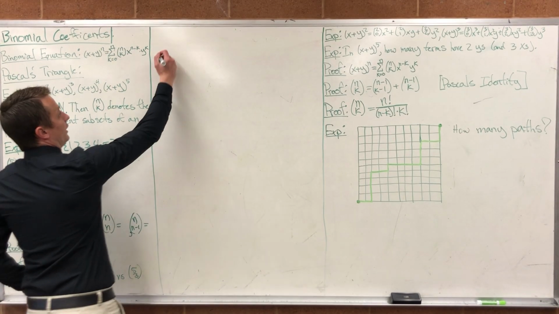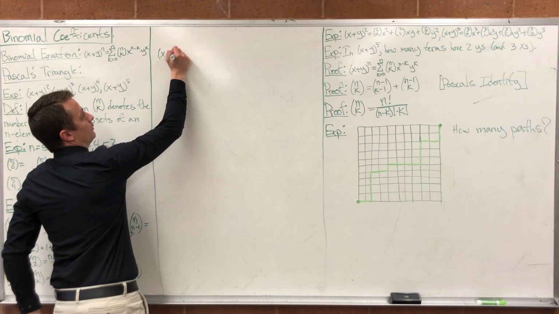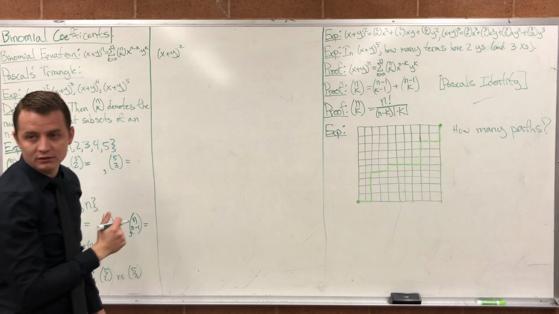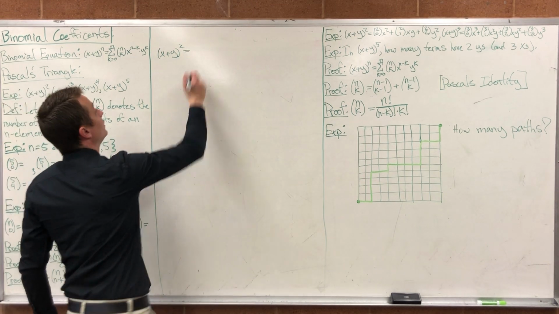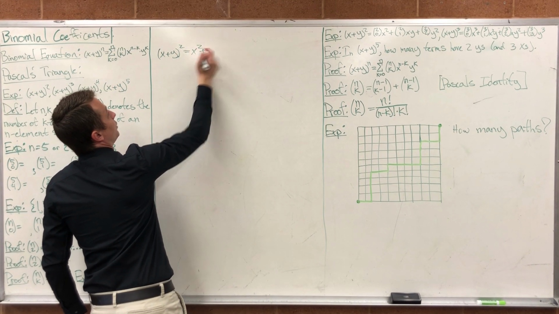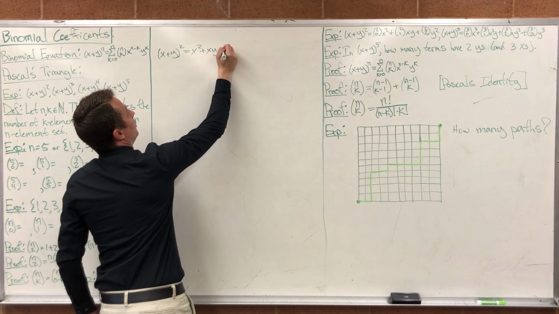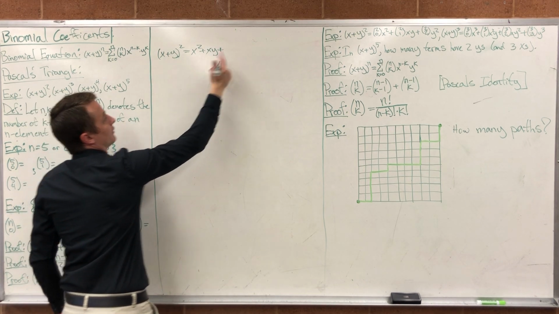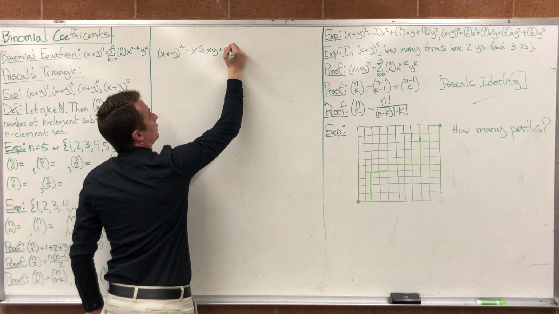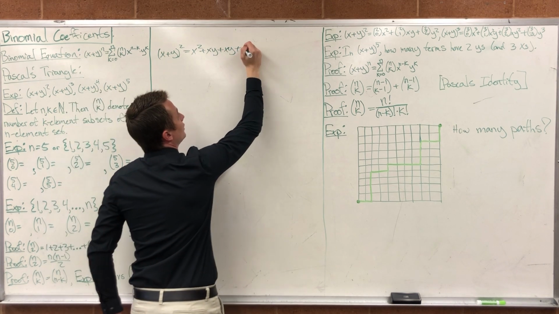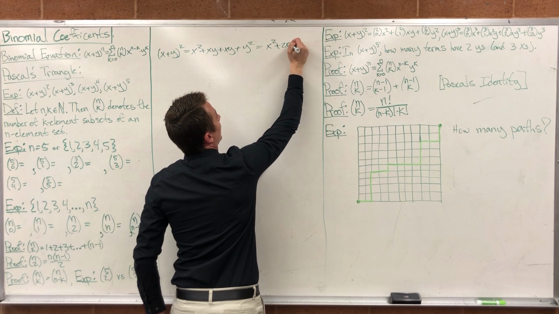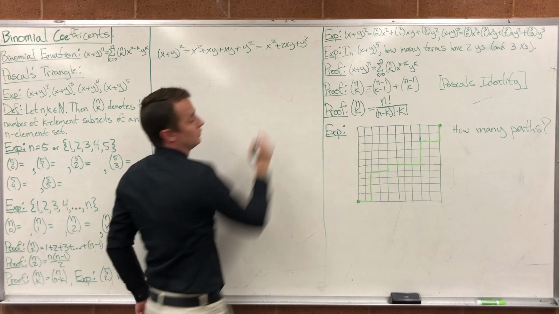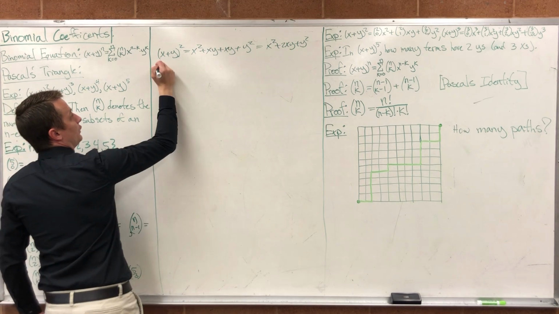You have to do something like figure out what x plus y squared is, right? And what is it? x squared plus 2xy. So you have x squared plus xy plus, you can think about yx, or another xy, however you think about it, and then plus your y squared. Or in other words, x squared plus 2xy plus y squared, right? Now, if I were to tell you to figure out x plus y cubed,